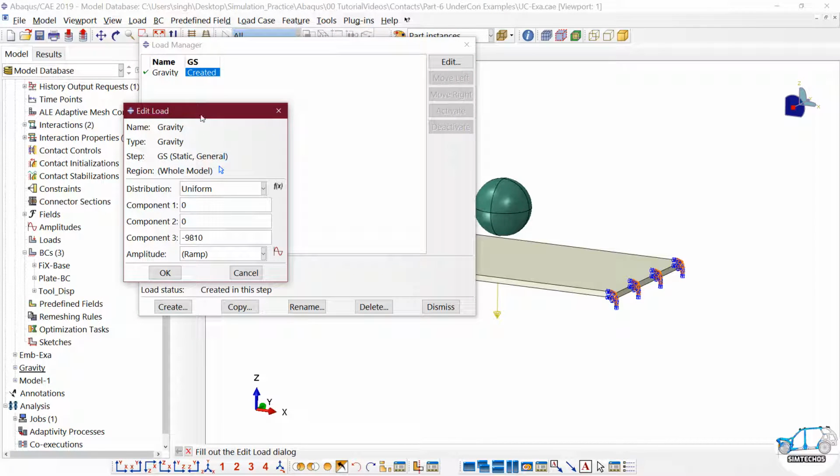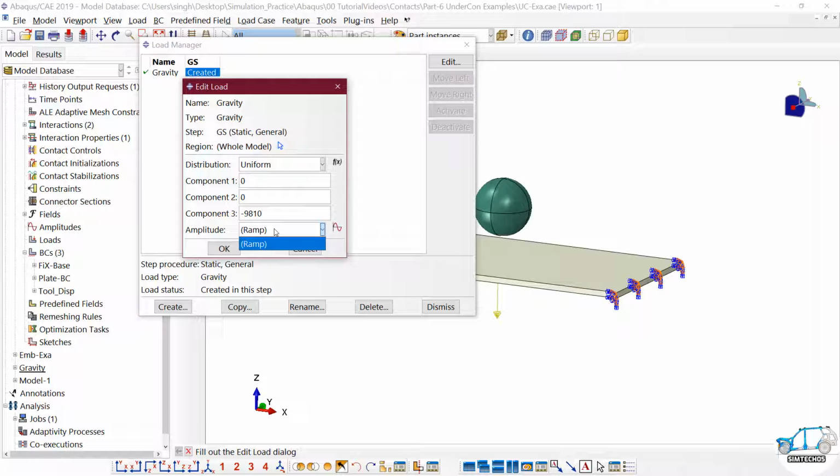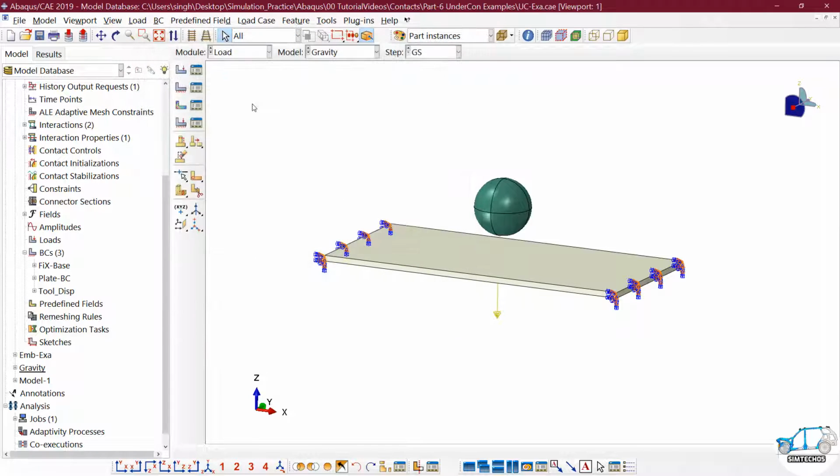So when you click on the gravity load, by default the amplitude is ramped. It means the amplitude will be increased linearly throughout the simulation time, but it's not the actual case in inertia. In dynamic analysis, the gravity should be applied instantaneously. That's why this is inaccurate modeling. So again I am repeating, first, inertia is not going to be considered in general static analysis, and the second thing, this type of ramp loading for the gravity load is not good. So just cancel it, and let me try to simulate it first.